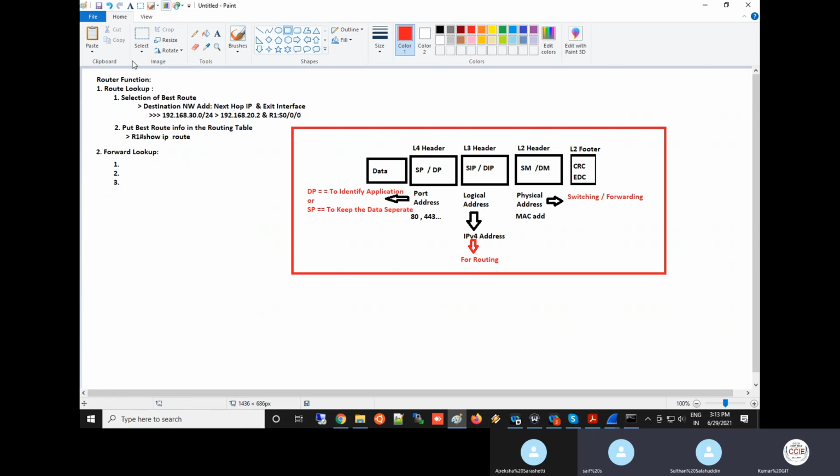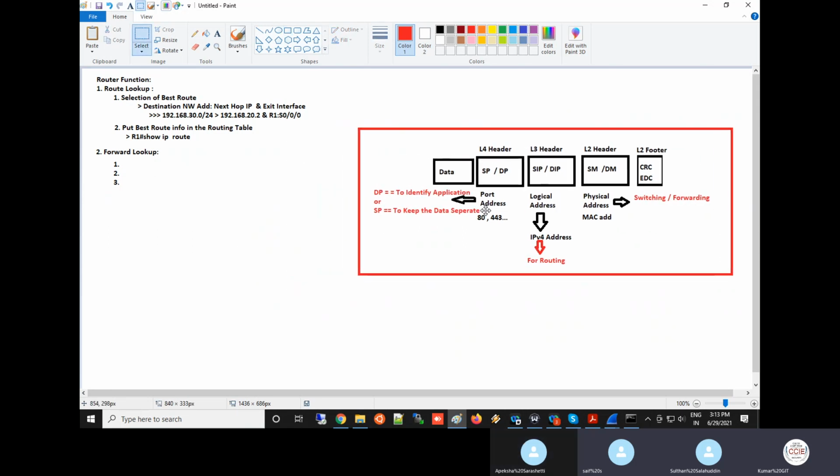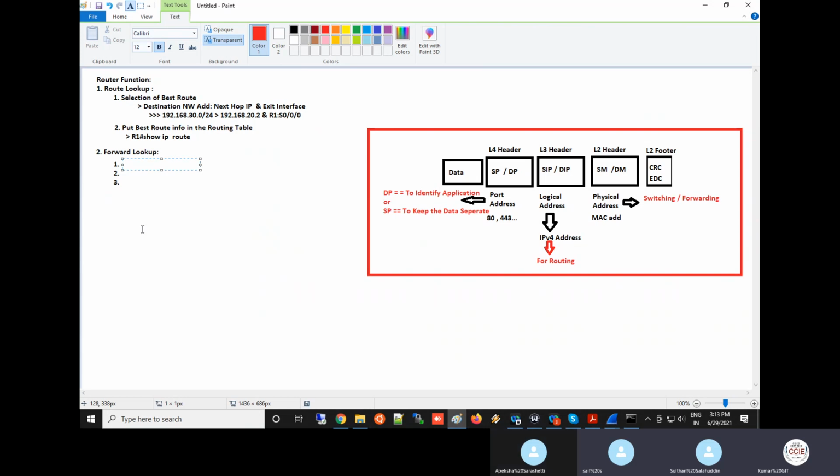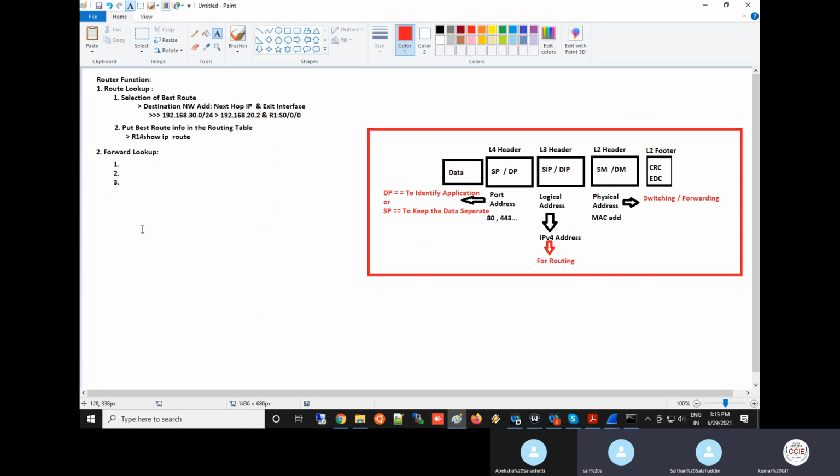Next. Now, if you understand this, I'm going to talk about forwarding lookup. As I told you, I want to send a packet. There is a router here, and one packet came in. This is my inbound interface.